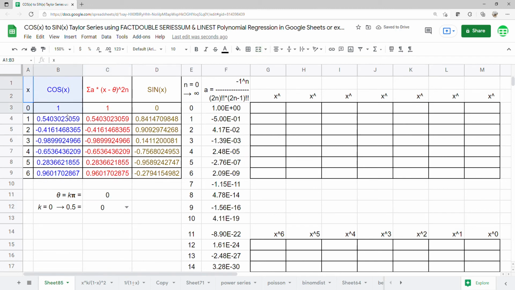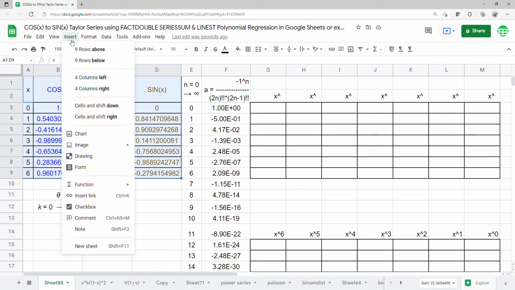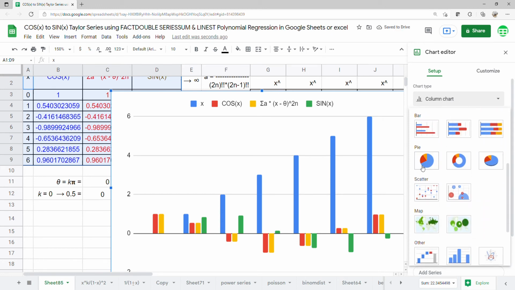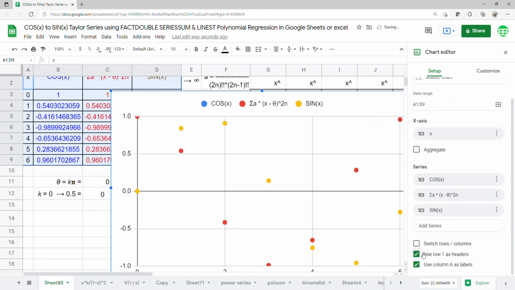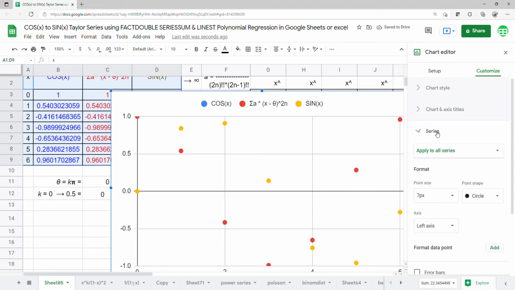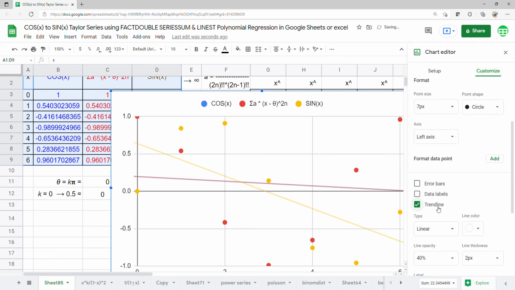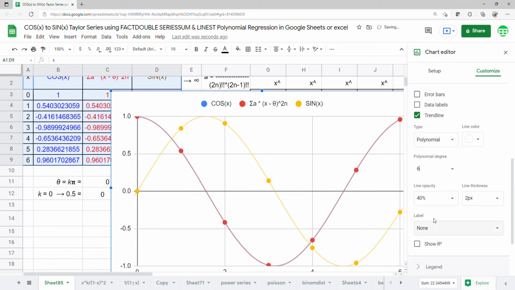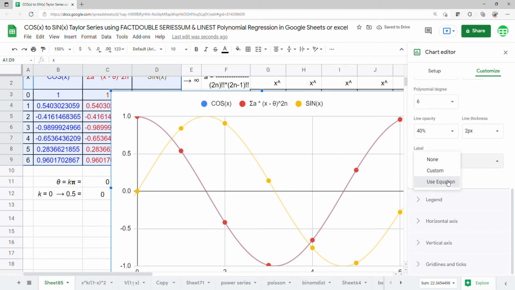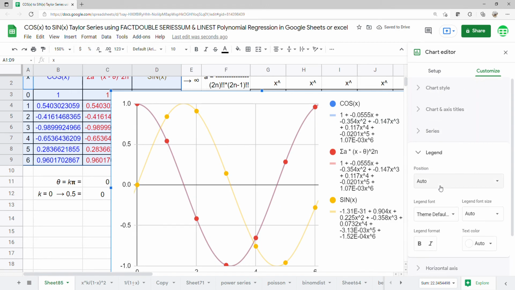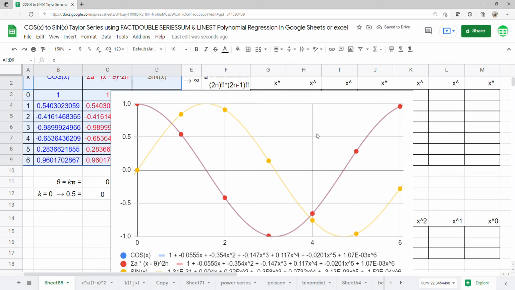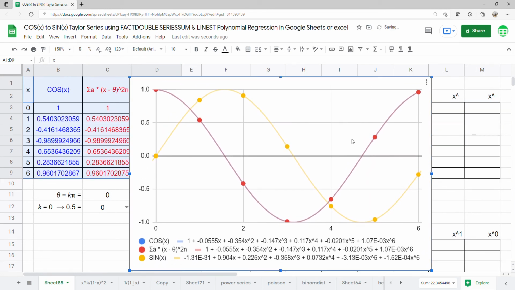And we'll chart this. Insert chart. And we use scatter chart. Row 1 as header, and show the trend line. The type will be polynomial. The degree will be 6. And the label, use the equation, with the legend position at the bottom. So here's our trend line and polynomial of sine and cosine